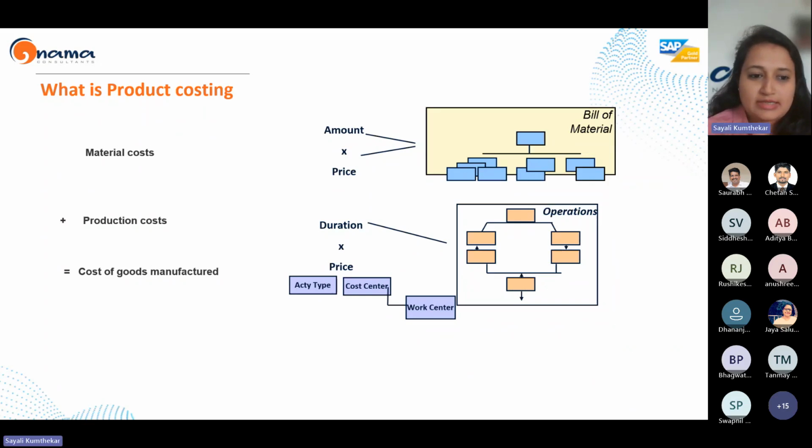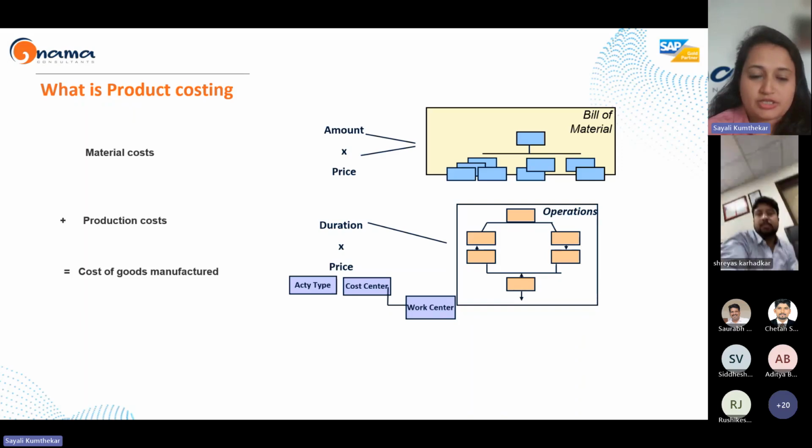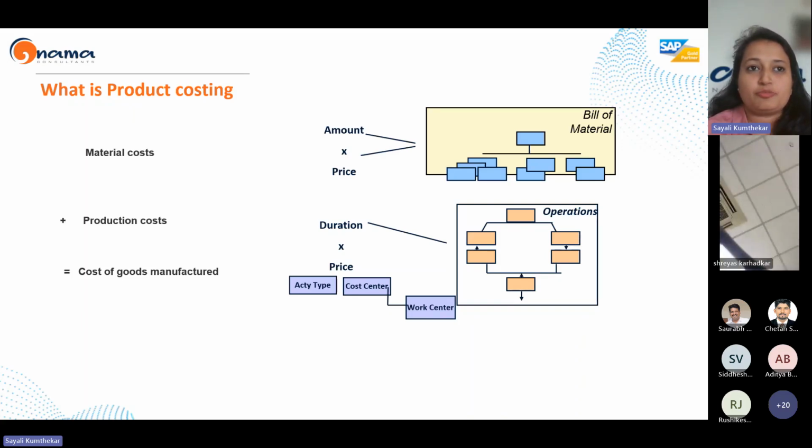So as you see on the screen, the basic factors in any cost of production start with the material cost. Material cost is our bill of material, the basic raw material which is required to produce the product. The quantities we know, and as per the prices at which we will procure it from the market,